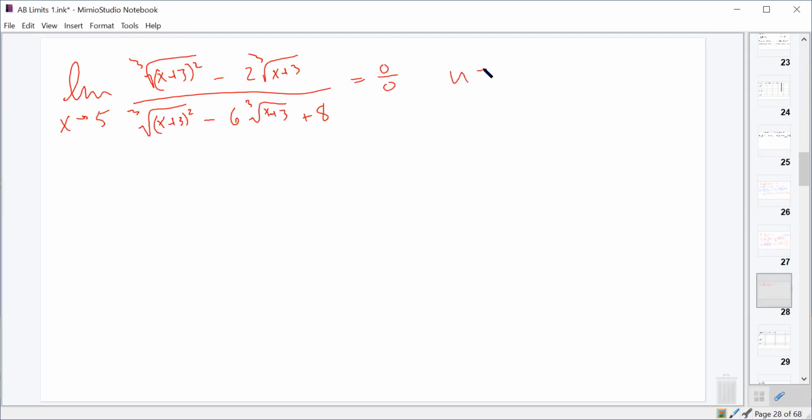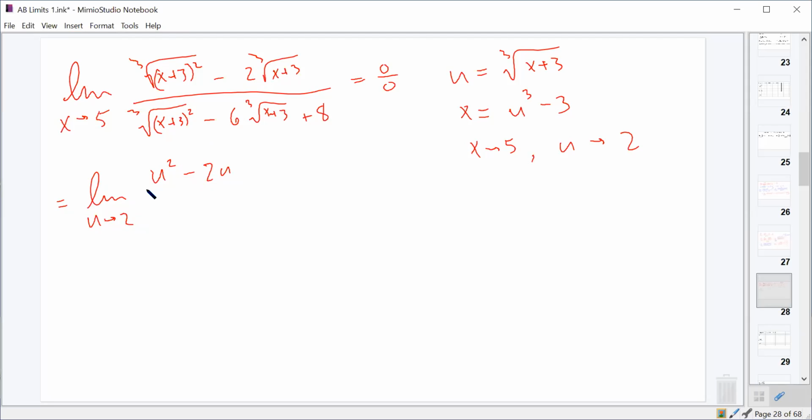And then we'll do the substitution where u is equal to the cube root of x plus 3, and x is equal to u cubed minus 3. Everybody good with that? As x approaches 5, u approaches 2, because 5 plus 3 is 8, and the cube root of 8 is 2. Good or no? So far? Good. Okay. So we end up with the limit as u approaches 2 of u squared minus 2u